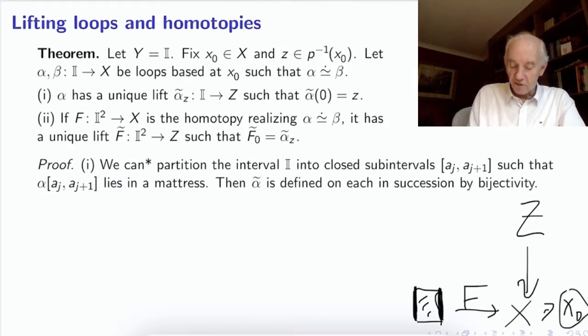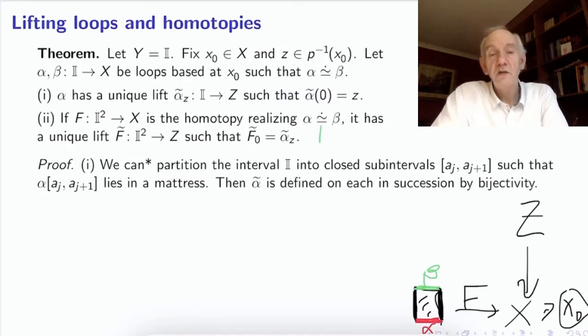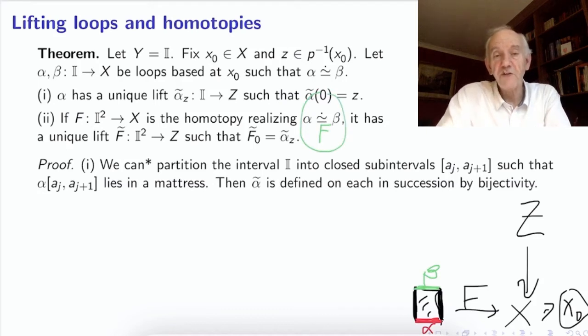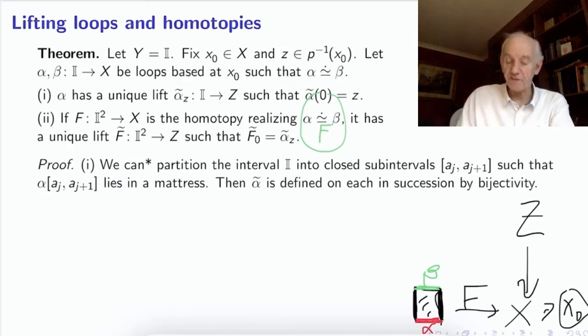The image of this edge here corresponds to alpha, and the image of the top edge corresponds to beta, because we have a homotopy between alpha and beta. F is the homotopy that gives the equivalence of elements alpha and beta in the fundamental group of capital X. And the claim is that I can lift that map, capital F,